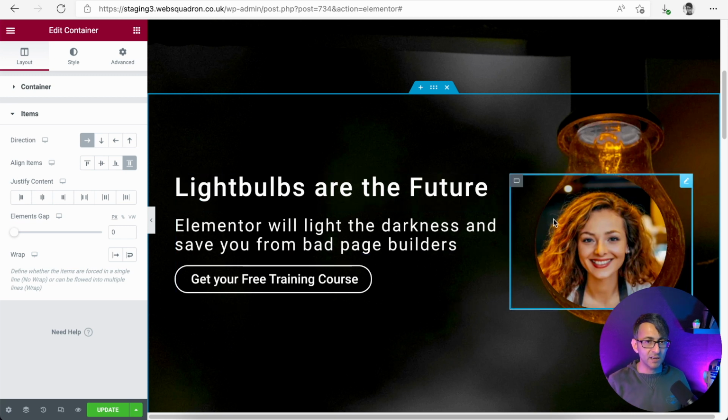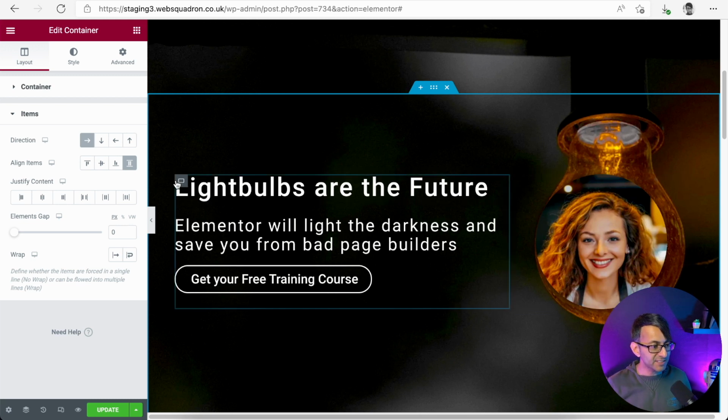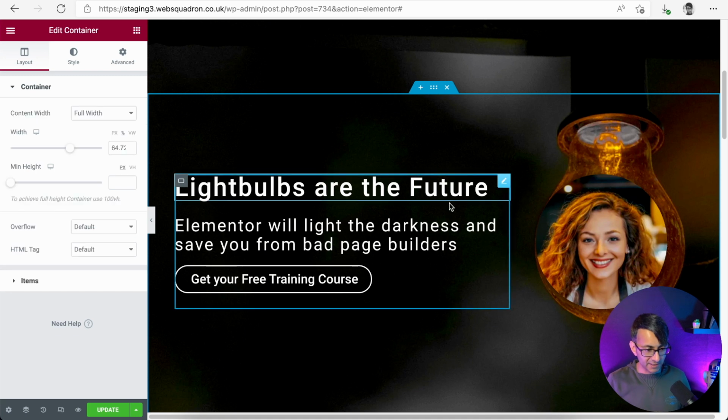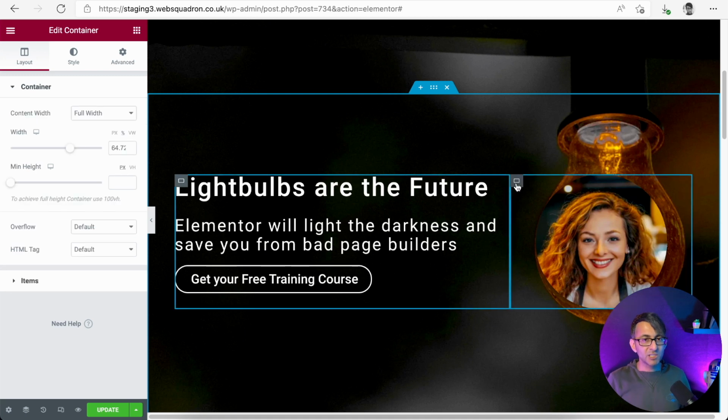We have in here what we would have called two columns. But here's what you have to get your head around, okay? This is a container, and this is a container as well. So we've gone from one section, two columns, to now having one container with two containers within. Container, container.